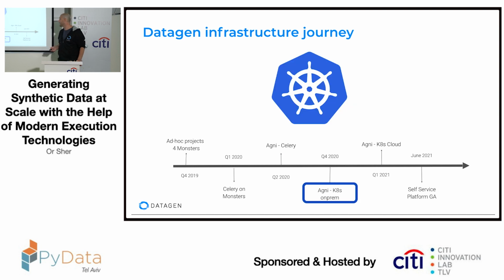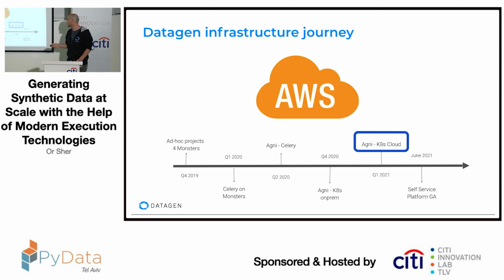The first thing we did was replace Celery with Kubernetes. Instead of sending Celery tasks, we sent pods directly into the Kubernetes cluster, still on-prem, but that enabled us, approximately at the beginning of this year, to deploy the entire infrastructure into AWS,